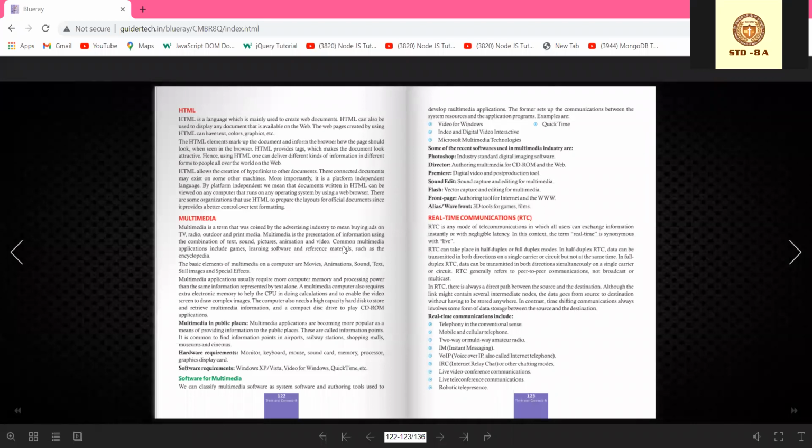So there are a few examples. Video for Windows, a format setup of communication between system resources and application programs. Some of the recent software used in the multimedia industry are Photoshop, Director, Premiere, Sound Edit, Flash, Front Page, Alias, Wavefront. Many of you may have used multimedia software like Photoshop. Photoshop is industry standard digital imaging software. So these are all multimedia software which can be installed